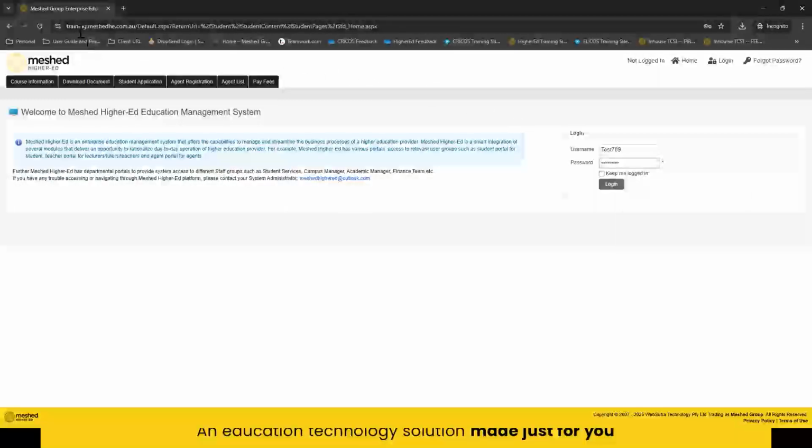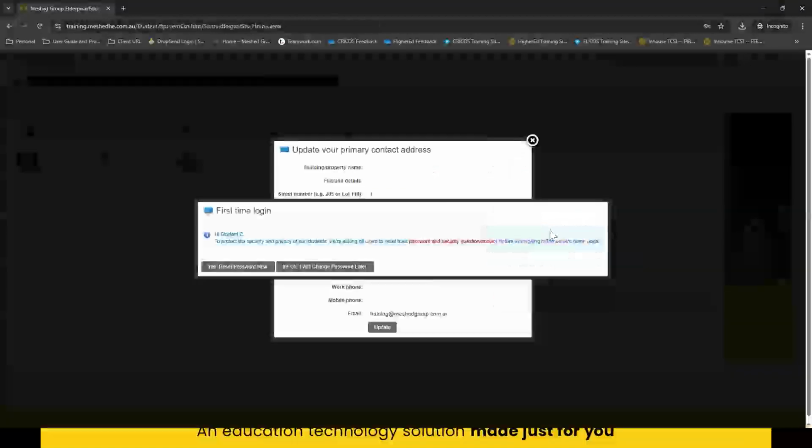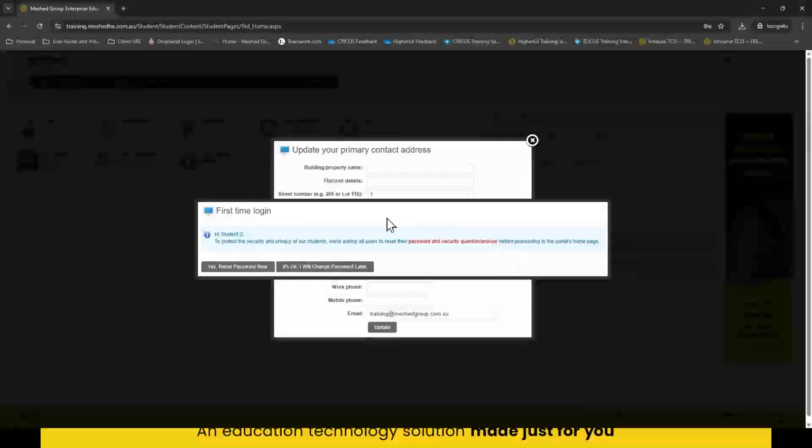Notice how it actually shares the same URL as your admin portal, but don't worry about that. You were saying, why are we using the same URL? You use the same URL, but when we log in, all the options in there will be different compared to your admin portal. So if I do that and I click login, okay, see, this is the message